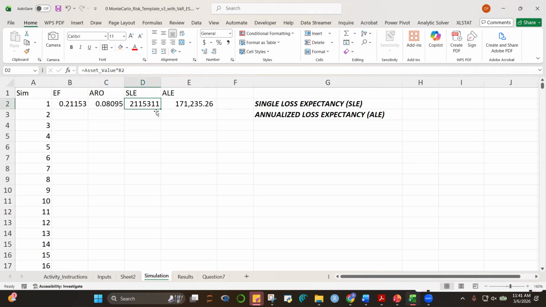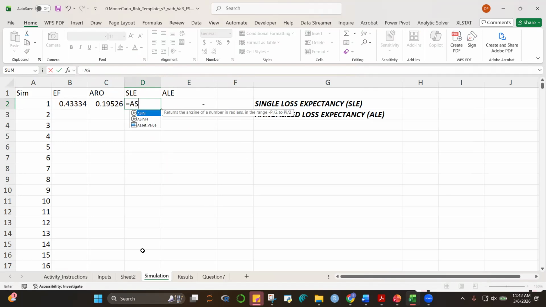Okay, so now we're ready to compute for this. This is very easy. The single loss expectancy is just the product of your specific EF multiplied by our asset value. So our asset value, okay, let's do this. We can now, since we gave it a name, AS, okay, if it doesn't appear with the first letter, then you type the second letter.